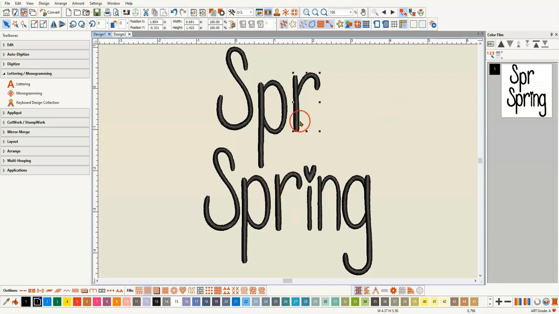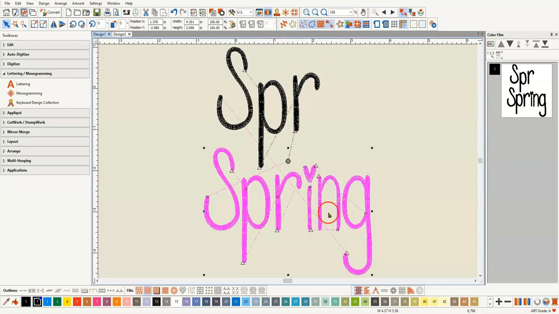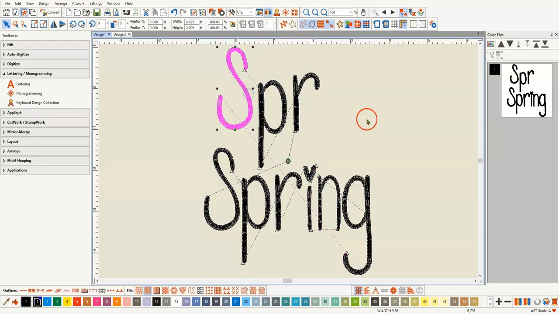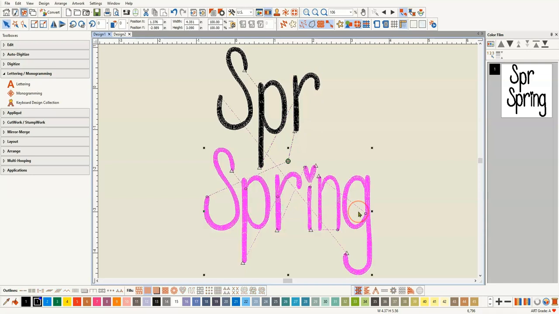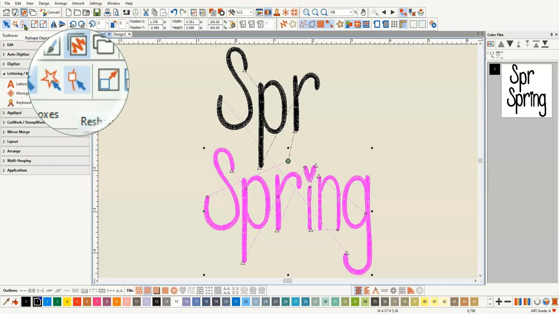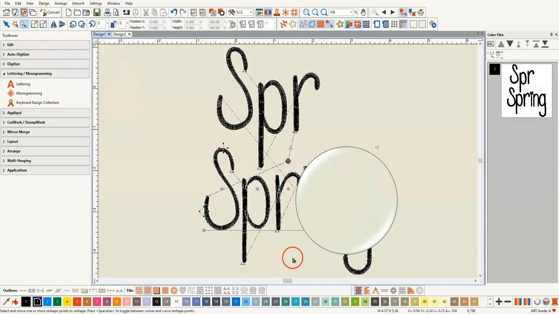I'm not going to go any farther. You get the idea. This one, when I click it, it is all one lettering object. It's one thing. This one, when I click it, these are all individual embroidery designs. This one, when I choose reshape, I'm up here in the upper left corner on the reshape object, right here, the arrow pointing at the line with a node on it. Click. When I do that,